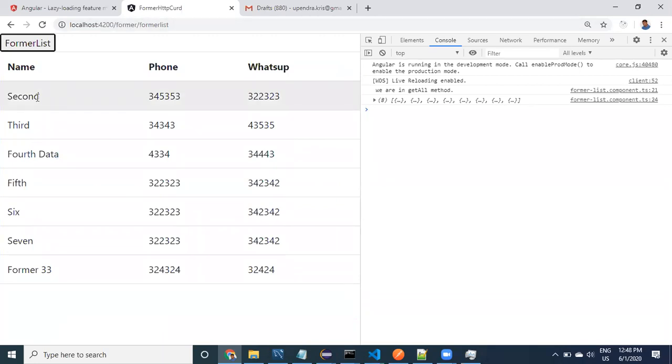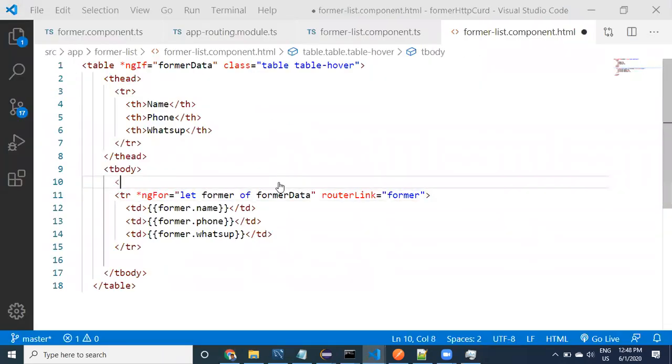If the user clicks on one particular component, what is the path we are calling? We did not provide slash farmer. Directly saying farmer means that is a relative path. That can be called a relative path. If you want, you can note it down. Directly, router link means relative path. What will the relative path take? It will take the previous path plus the current path.